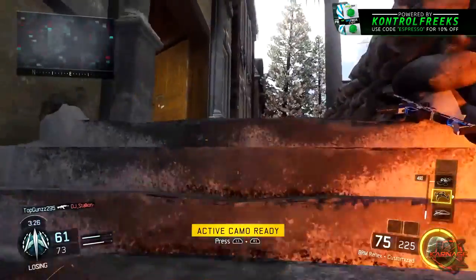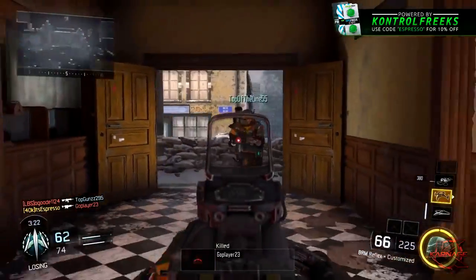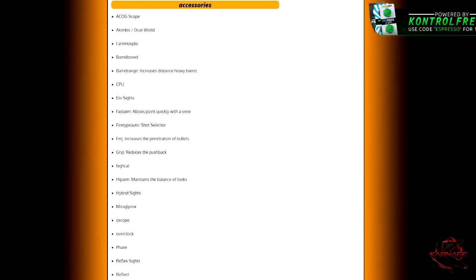Now, to finalize this video and finish this out with the accessories, otherwise known as the attachments, we have the ACOG scope, an akimbo and a dual wield available for weapons, a barrel range which increases the distance of the heavy barrels, a CPU which is probably going to be something for a sniper rifle sight, an elo sight, which is returning apparently, which makes me happy, a fast aim, which allows you to quickly get to your view, which is almost like a quick draw, a fire type auto, which allows you to maybe select